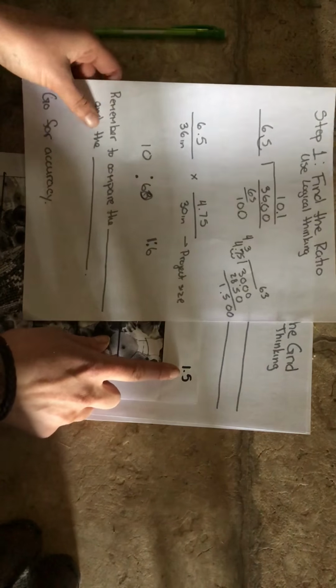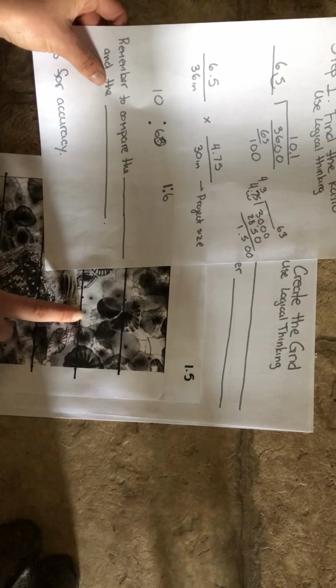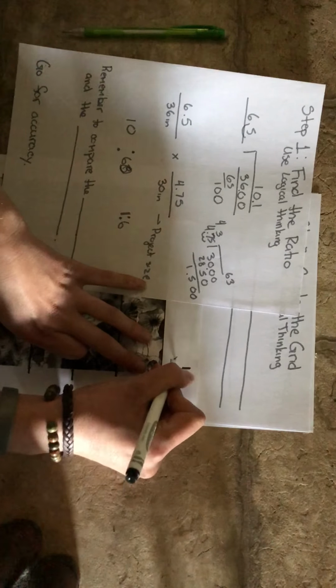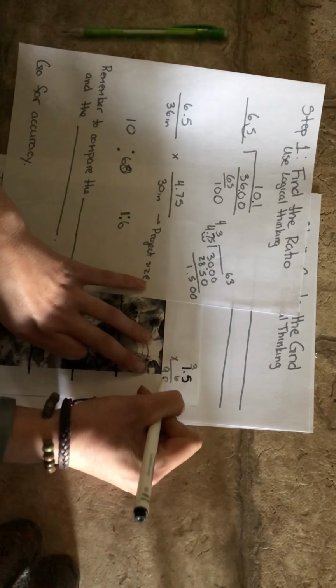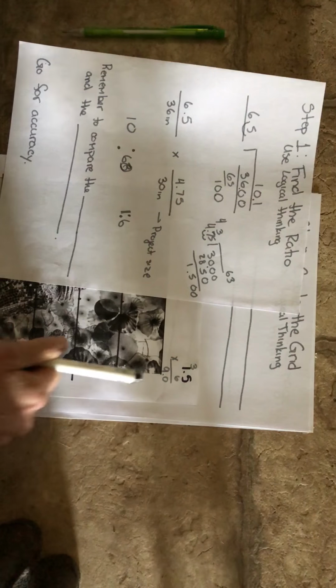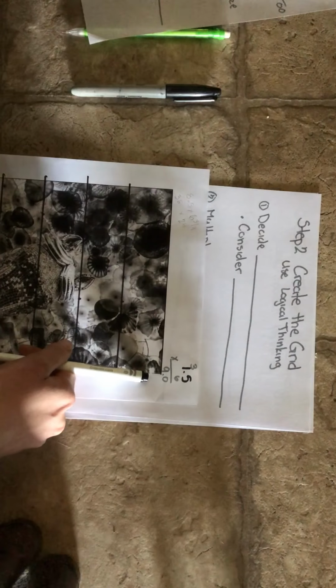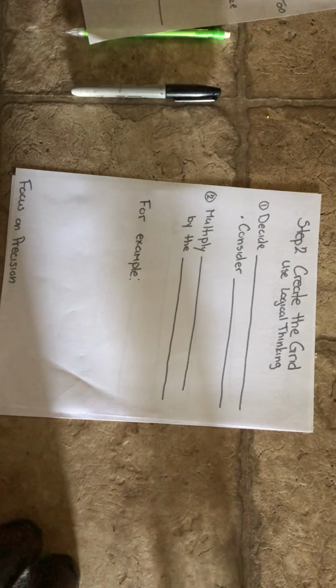So if I have 1.5 inches here, I need to make this grid 1.5 by 1.5 inches, but for my project, I need to multiply that by 6, right? Times 6. Which means on my project, my squares will be 9 by 9 inches. It's going to make it larger, okay? For example,